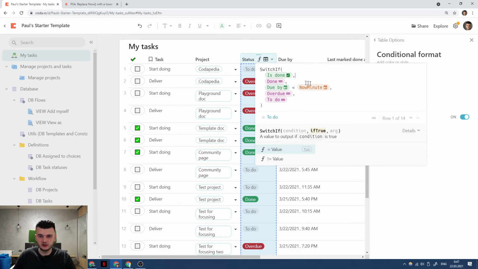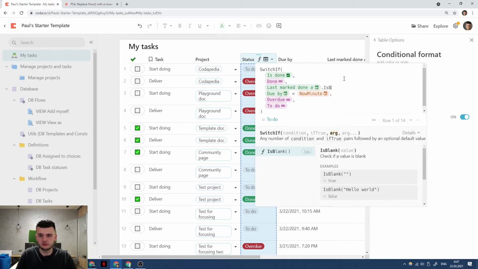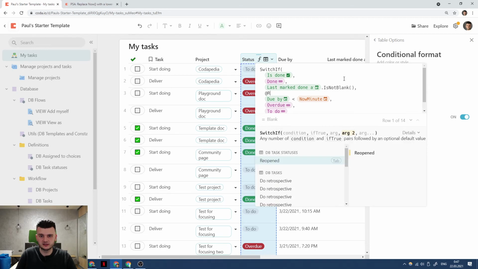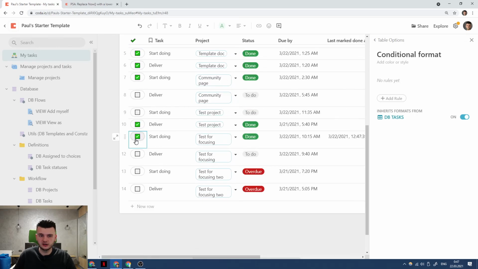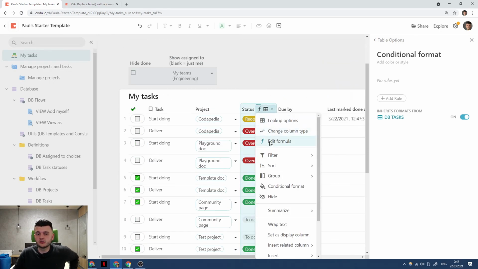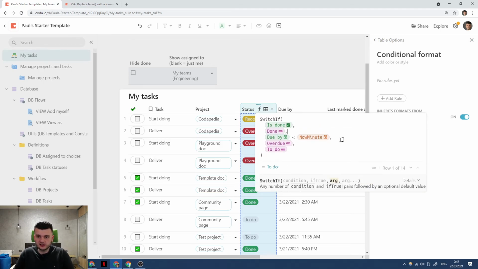Switch if is done. Done. If it's not done, last mark done at is not blank, then the status is reopened. So yeah, done, reopened. Now to do, done, reopened, done, whatever. Overdue, done, reopened, done, reopened. So that's our logic. We could make our formula here different, so that it's important then if it's